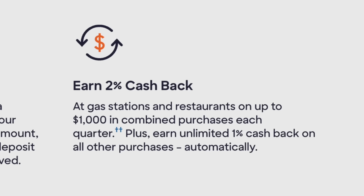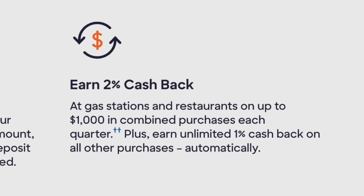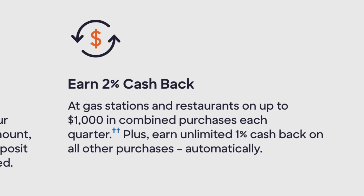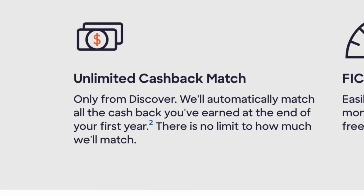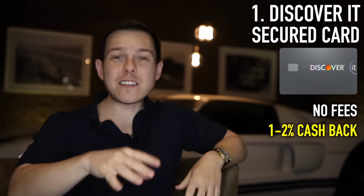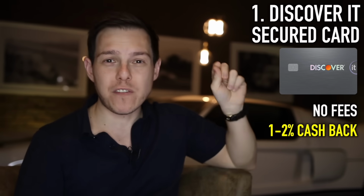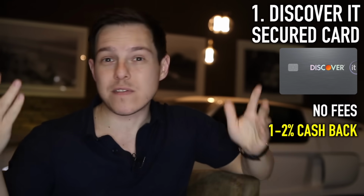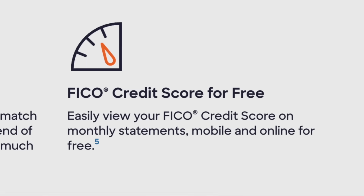You'll be able to earn 2% cash back on gas stations and restaurants up to $1,000 in combined purchases each quarter, plus unlimited 1% cash back on everything else. Not to mention, they'll also match all of your rewards in the first year. That means if you spend an average of $1,000 a month, you'll get at minimum $240 back for the cost of nothing. In addition to that, they'll also help you keep track of your progress through free FICO monitoring tools